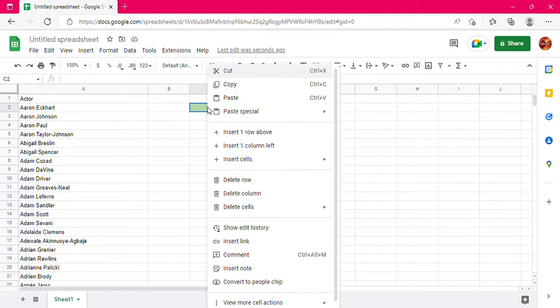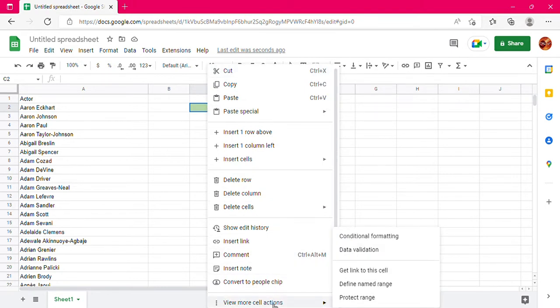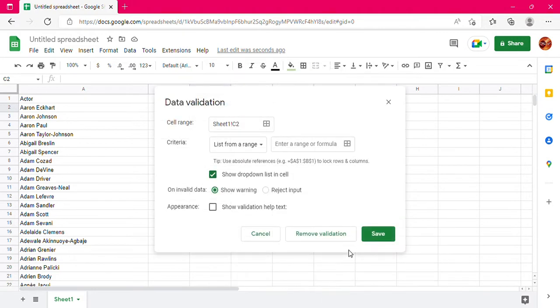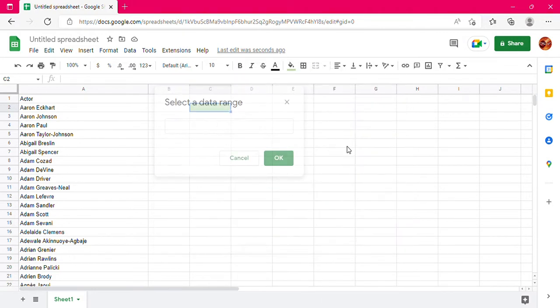right-click, view more cell actions option, and then select data validation. In enter a range or formula area, select the entire actor list from A2 onwards. For this, click on A2 cell address and select the entire column